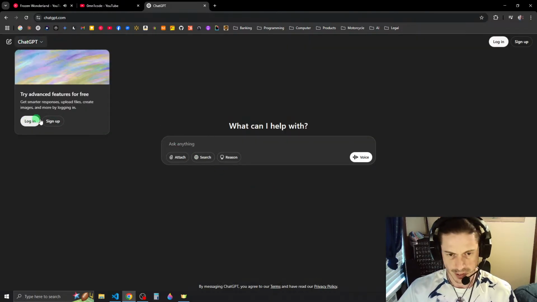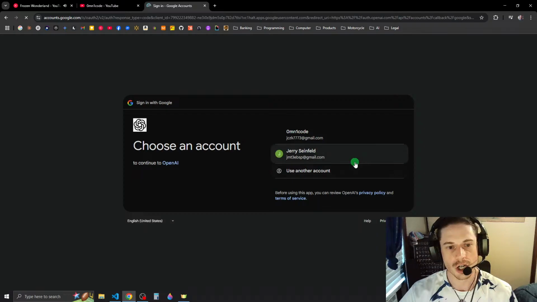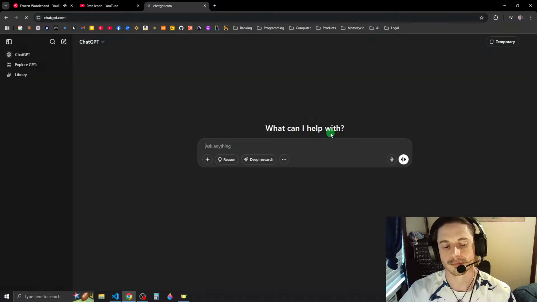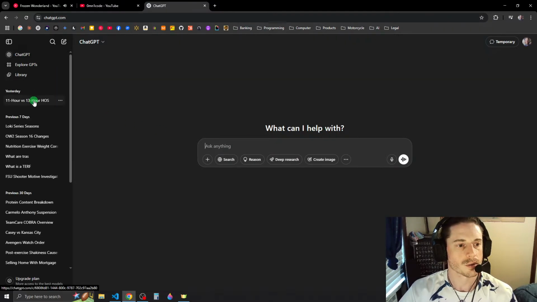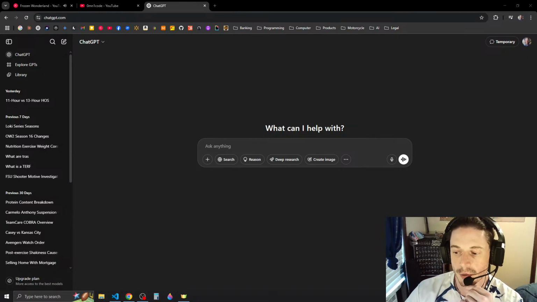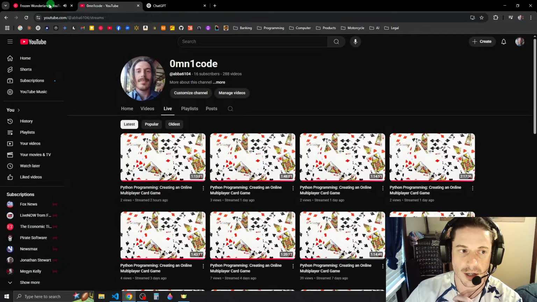Oh, because I'm not logged in, it doesn't show me my previous chats or whatever. Okay, it doesn't remember what I asked. Damn, that sucks because that was a big problem. That's why you should make sure you're logged in to ChatGPT if you use it, because if you're not logged in, it is not gonna remember what you prompt. It's not gonna have a prompt history and stuff. But if you do, you can just go back and look at your previous prompts and stuff. So it's very nice.